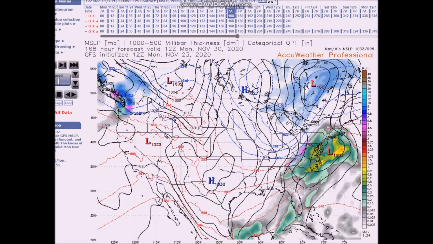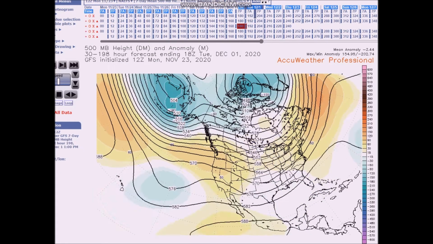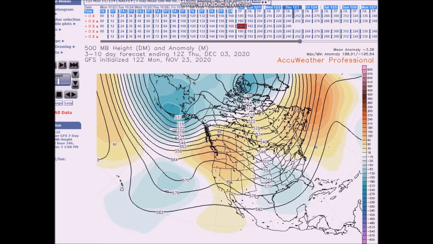And we're going to look now to prepare for December 1st to the 5th, the beginning of meteorological winter. Now, there are indications that we might have a trough here in the east, but it looks like it's going to be more like in the Mississippi Valley. You can see it here. We still have below normal heights across the high latitudes, Greenland to Alaska. Above normal heights are over the west and extend into the northwest Atlantic, with the trough underneath. And this will have some influence on the weather as we go through the period.